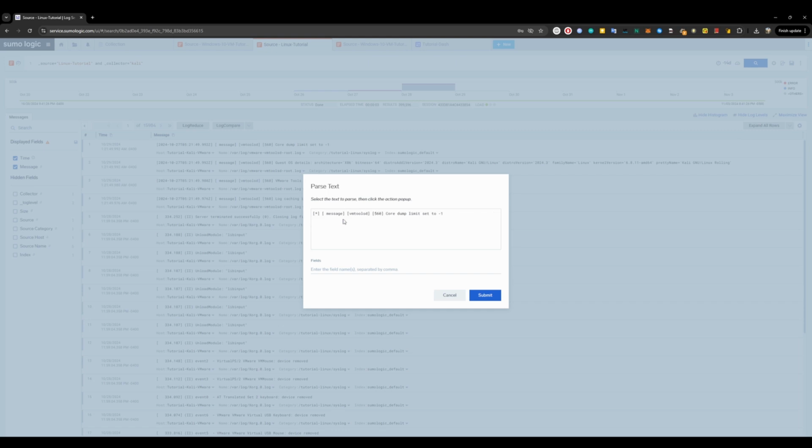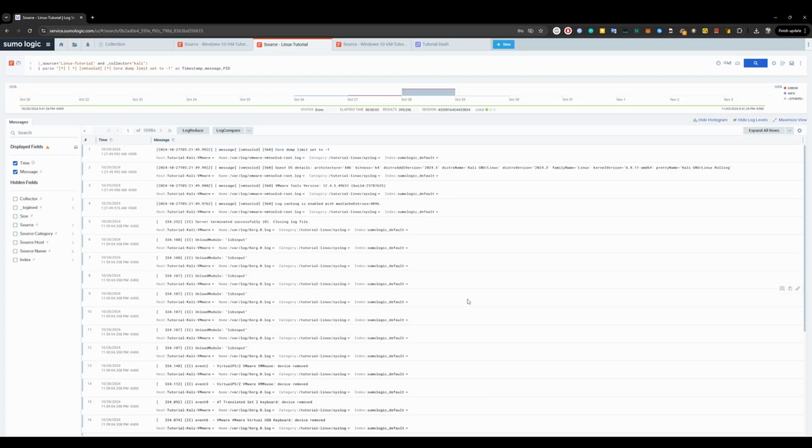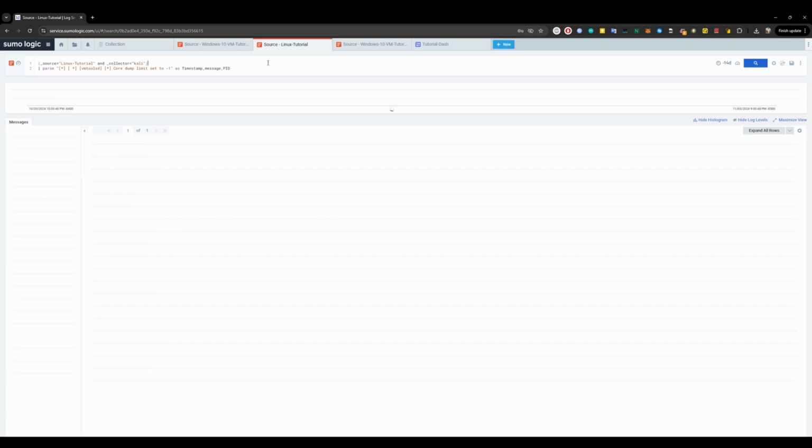Let's say this is called timestamp, then message. Be careful not to include any space. Message, there is no message though, but this is the process ID, PID. Okay, so if I press enter,